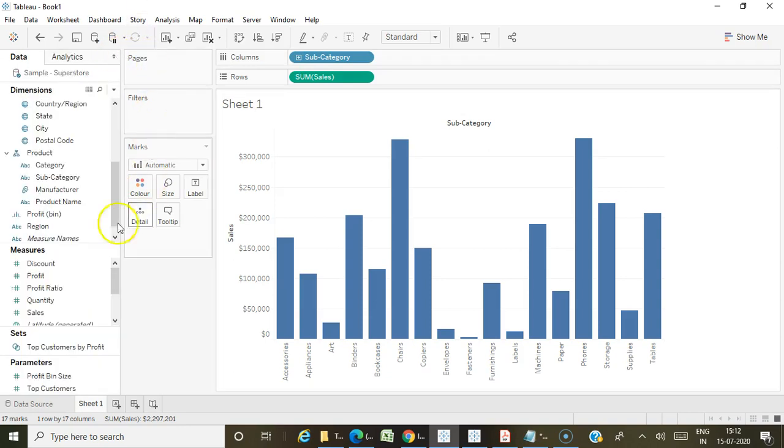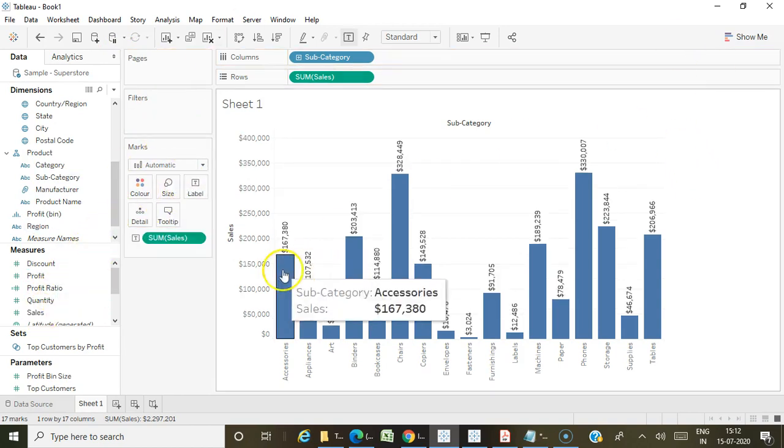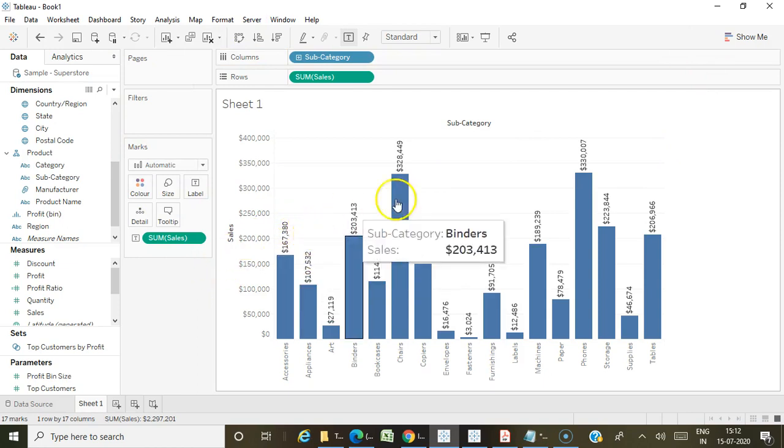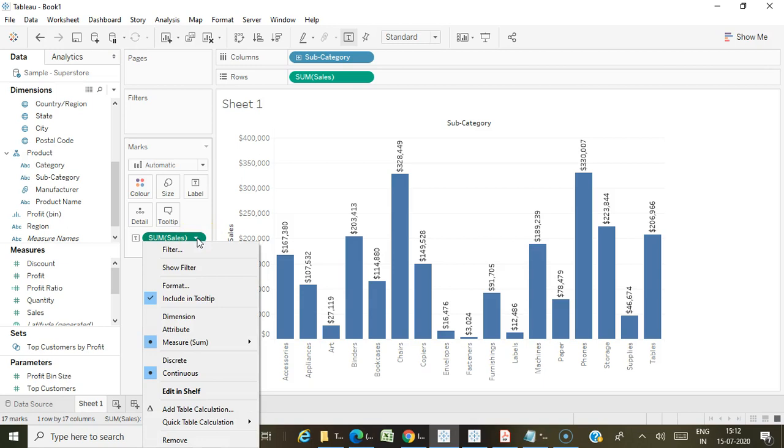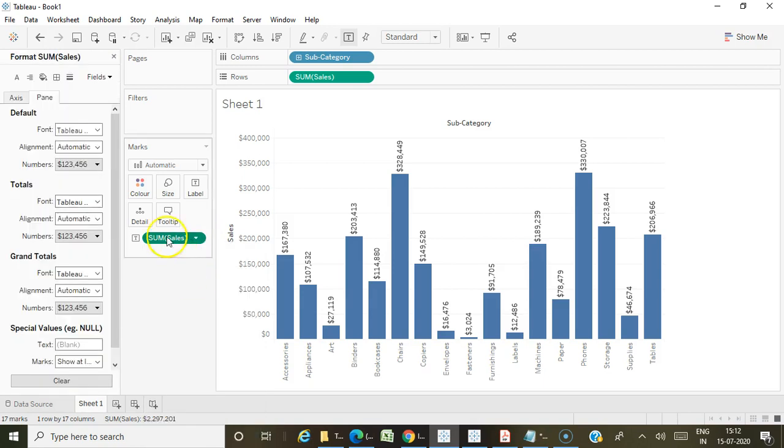Apart from that, what are the other formatting options? In case you want to change the number formats, you have to click here and go for the format, and then choose the number format here. For each and every visualization, in one visualization if I want to show the percentage value or the currency value, it may differ.